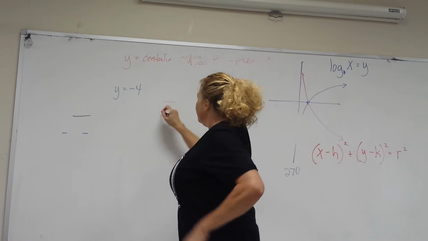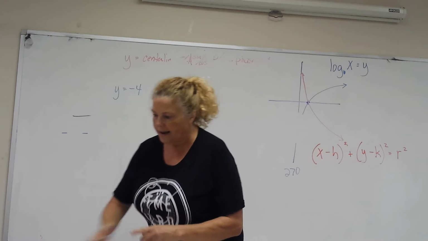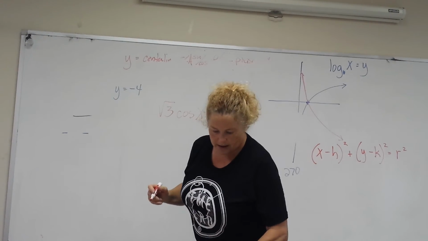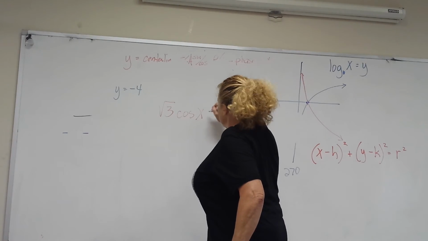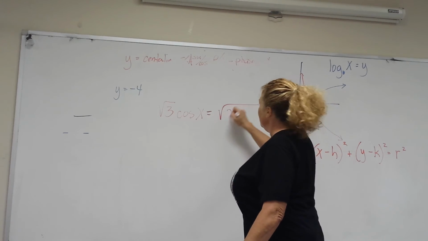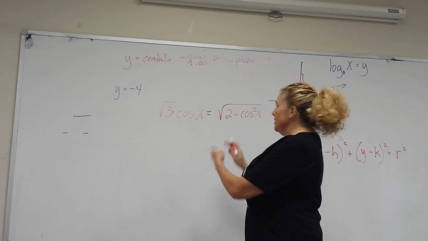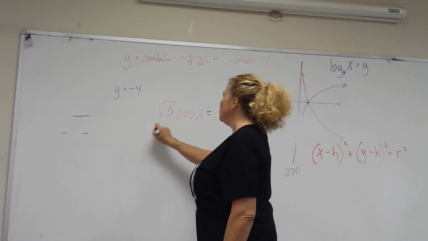Root of 3 cosine x equals, and these markers are not doing well. Well, I just move it over, okay? So move over, so it would be 2 minus cosine squared x, okay? Because I can just move it. Now square both sides, so I have 3